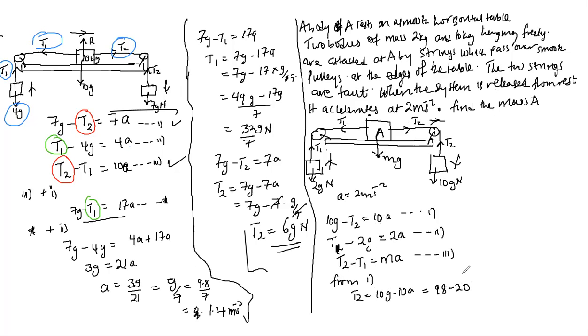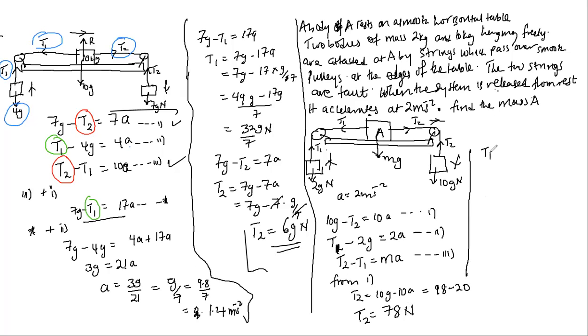98 minus 20 comes from 9.8 times 10, which gives us 98. Then 10 times 2 gives you 20. So 98 minus 20, you get 78. So ideally, you get T2 is equal to 78 newtons. Then consequently, you can go ahead and get